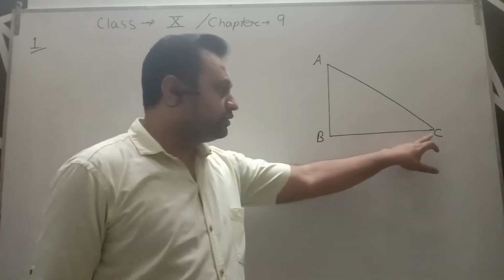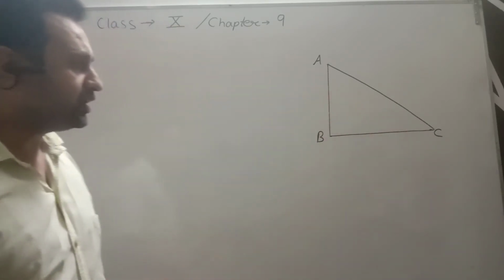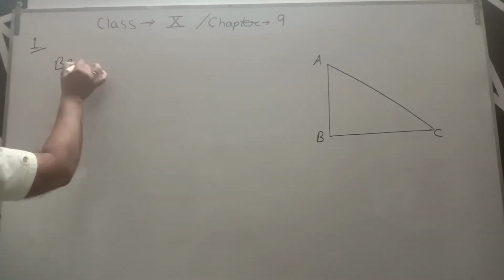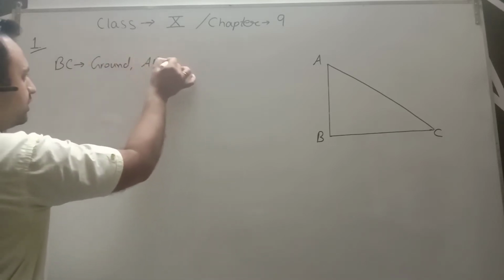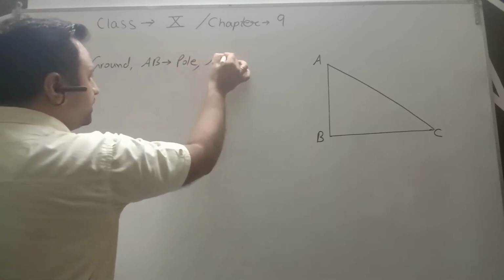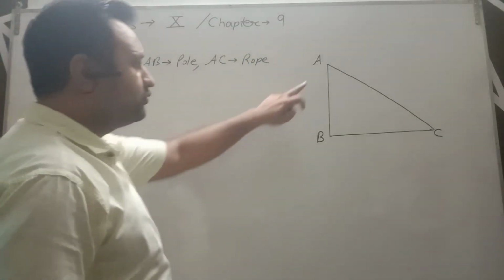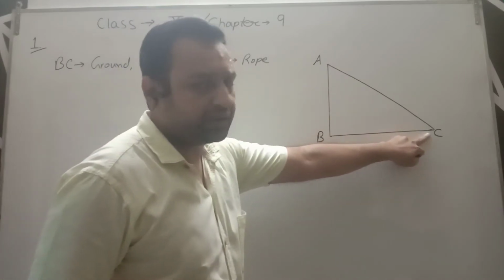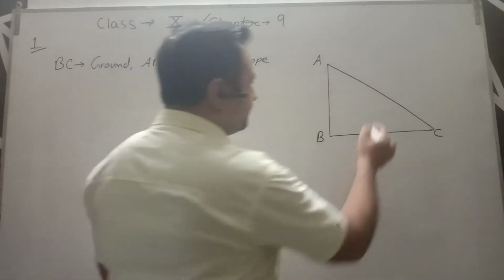In this figure, BC, which is a horizontal line, represents the ground. AB, which is a vertical line, represents a pole. And AC represents the rope, which is tied from the top of the vertical pole to the ground. And it is given that the length of the rope is 20 meter,